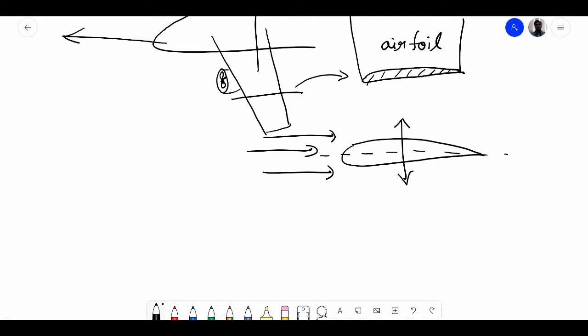In this particular case, if the airfoil is tilted like this, such that you create an asymmetry with respect to the flow direction, then you get an upward lift up to some angle, and after that there is something called stall that happens. So it is not beneficial for lift. Therefore there is some limit to the angle up to which you can tilt this airfoil and get a lift.